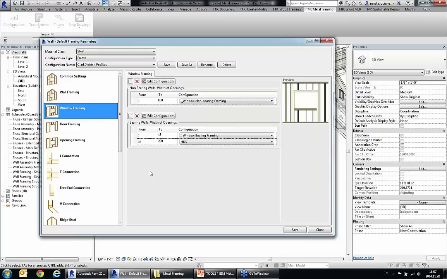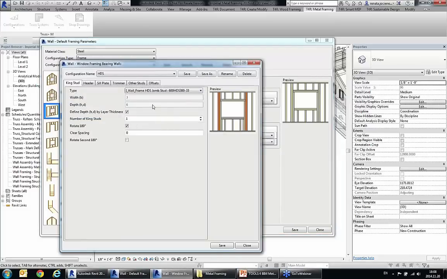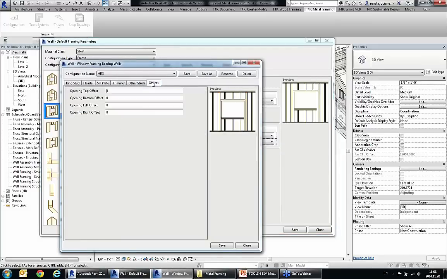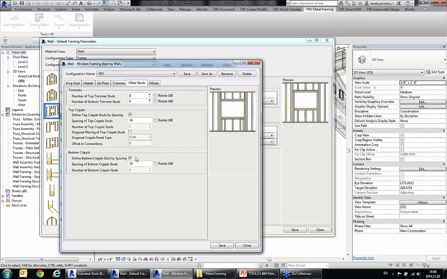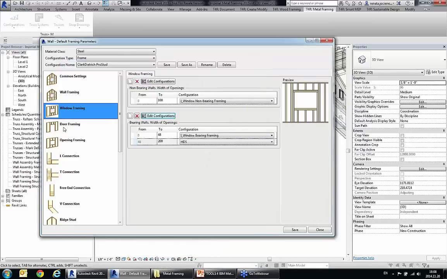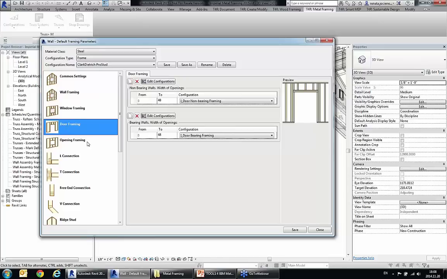Then we have a separate tab for the window framing. Here you can predefine different configuration settings for windows on non-bearing walls and on bearing walls, and you can predefine different configuration settings for different window sizes. So here you will find a separate dialog with the possibility of how you would like to frame your window. The same goes for the doors,